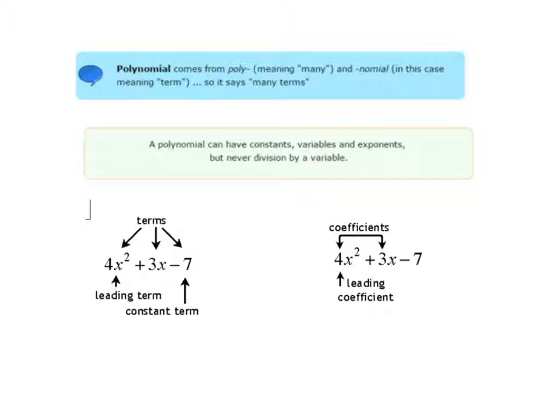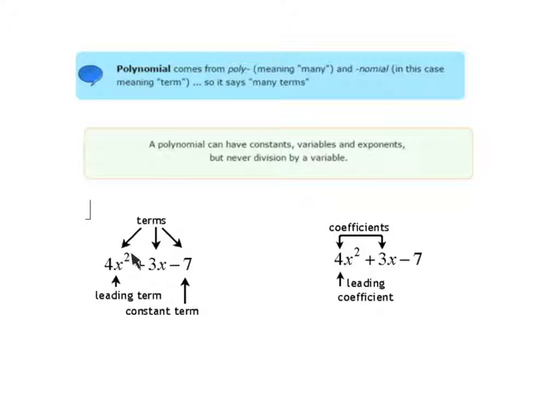A polynomial means that it is many terms. Poly means many, and nomial comes from the word terms. And so a polynomial can have constants, variables, exponents, but never division by a variable. It can have a division by a constant, a number. So you can see here,